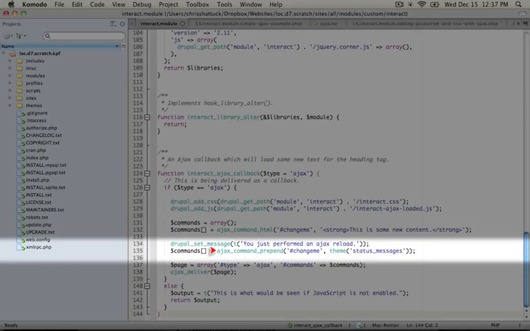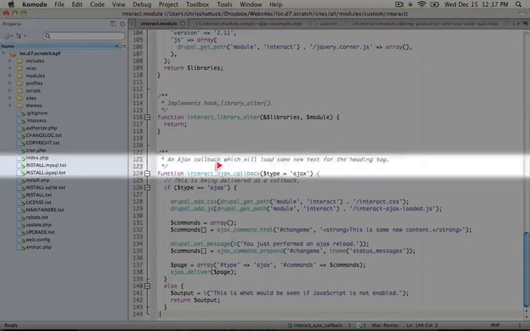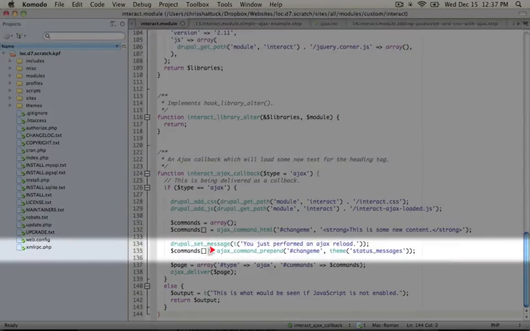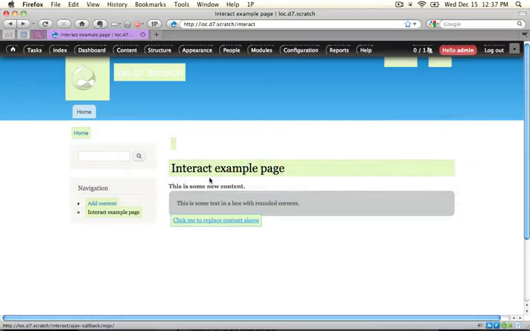Now again, this is a command that exists in that ajax.inc file, and it allows us to run the jQuery prepend command. Nothing else has changed here, so let's go ahead and save this and jump back to our page and refresh